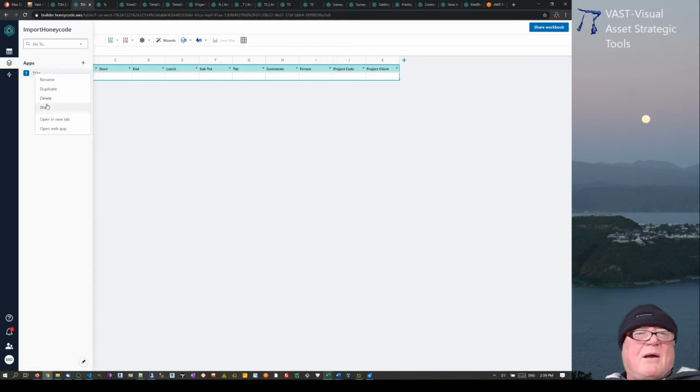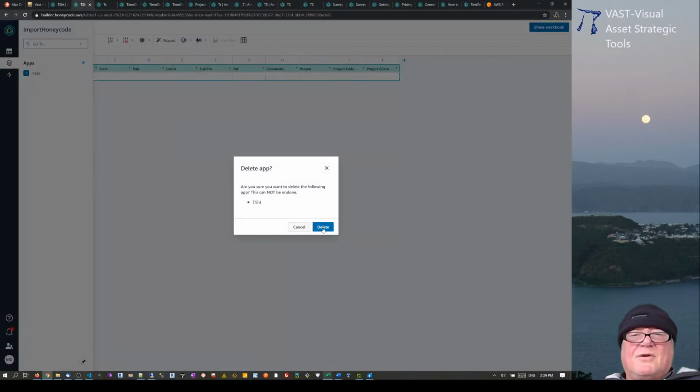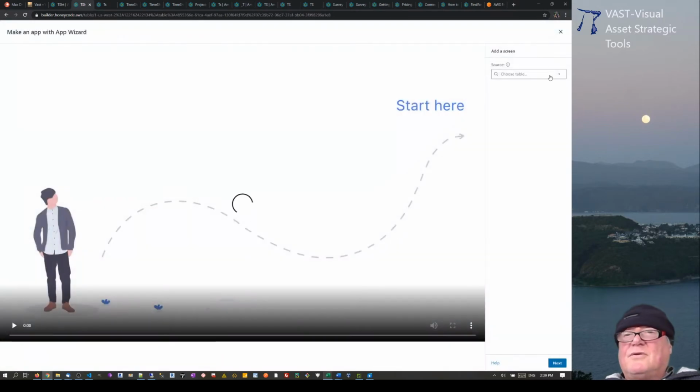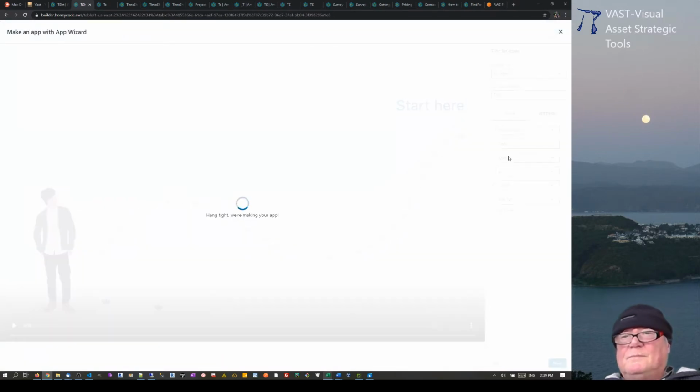So we're just going to take that one and delete it because it's broken. Doesn't do what we want. And we're going to start all over again. Use an app wizard and we'll go through and we'll do the sheet. It's when you break things or do it completely wrong that it's embarrassing, but that's when you actually get the